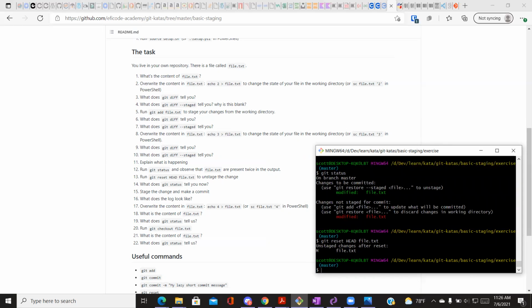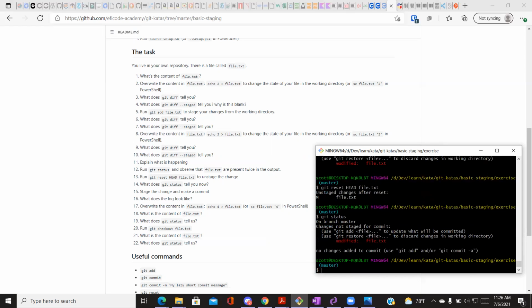So now if I unstage, it changes after the reset. So I say git status now, and it just has this file is modified, but the intermediate modification just got deleted, right? So if I say git status,